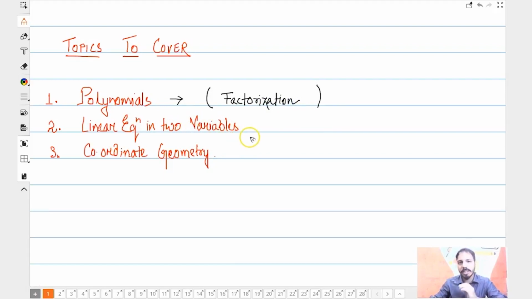Mainly linear equation in two variables. If you see, this coordinate geometry and this chapter together have numerous applications. Okay, so we will study a little higher level concepts in these two topics,